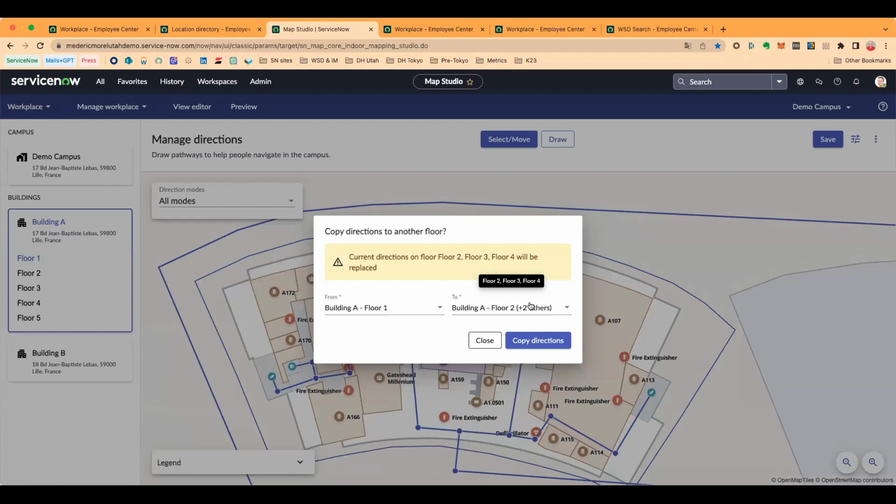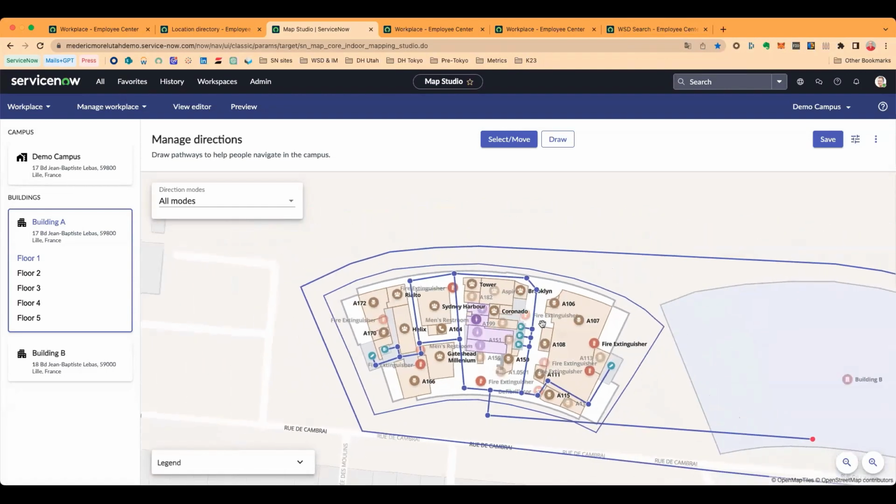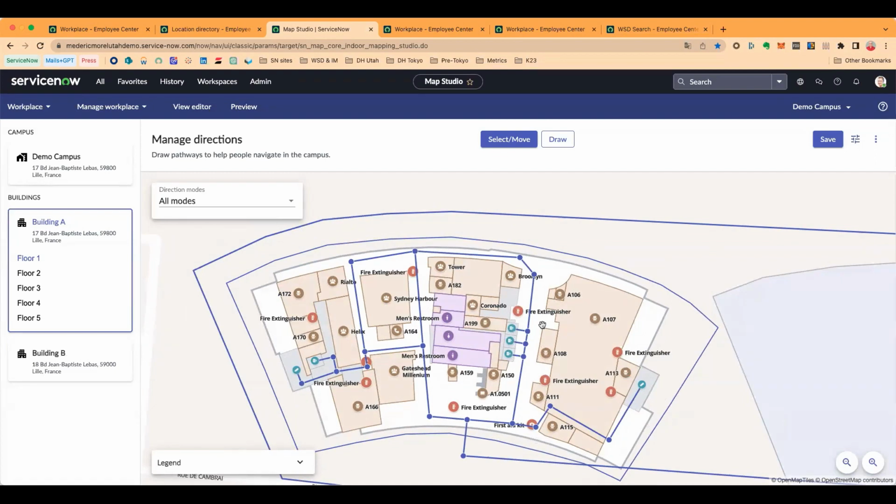So productivity-wise, I think that's very useful, because if you have, let's say, a 10-floor building with very, very similar floors, just start by drawing the graph for one floor, then duplicate it in one click, and then you just have to adjust. Maybe you might have to adjust other floors, but you have the foundation, which is probably the same if you have very similar floors. So it's a very useful feature, especially when you have a lot of floors and when those floors are very, very similar. So that's the first improvement we did